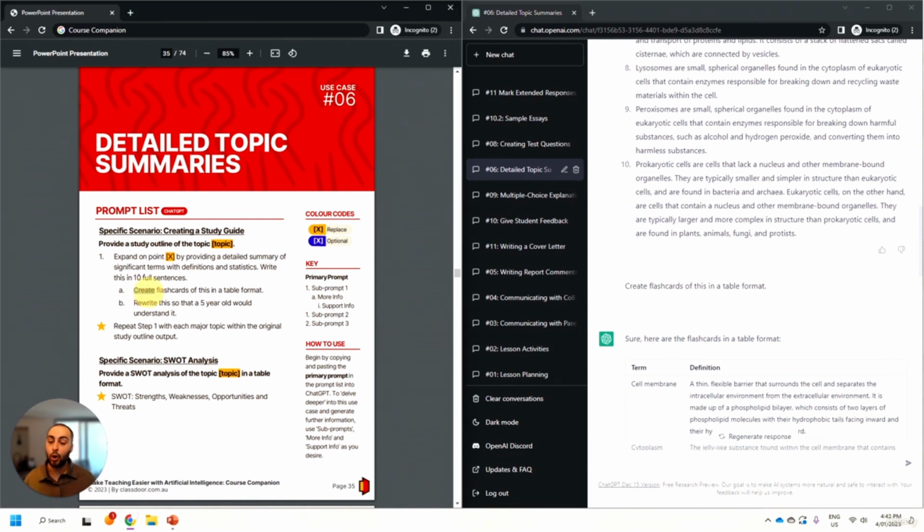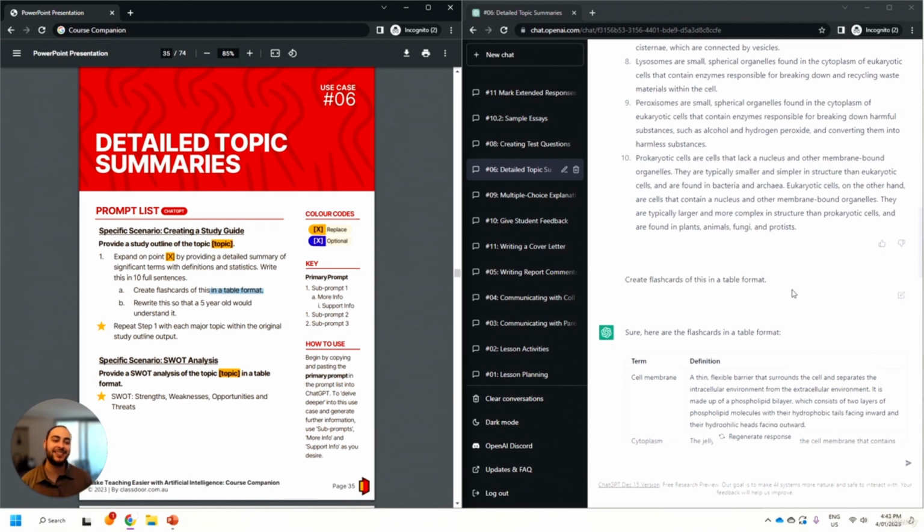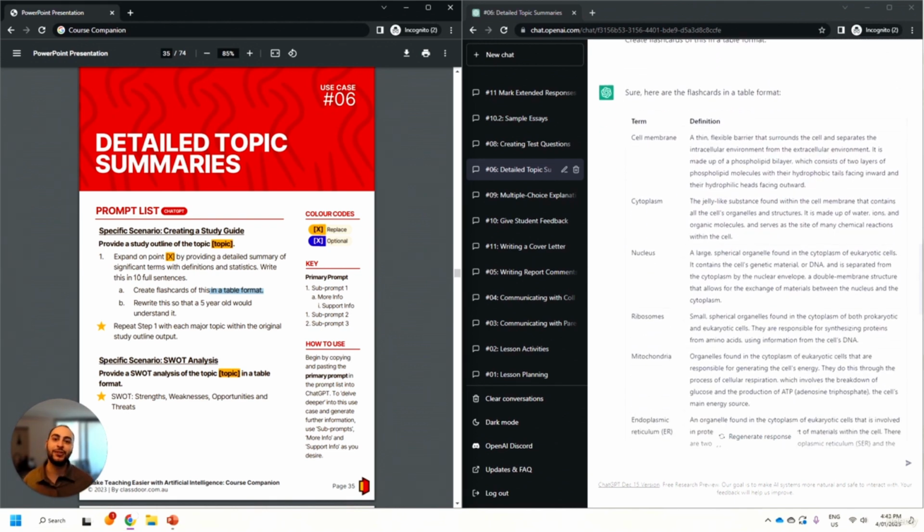Our next more information prompt is a pretty powerful one as well. It's to take all this great information that we've just produced and ask ChatGPT to create flashcards for it. Now you can use this to either make digital online flashcards or even flashcards in person, or have students share and add and contribute to that amongst themselves. But a really powerful statement to put within a prompt is "in a table format," because ChatGPT, as you can see in this sample output here, can produce information in an organized table, which is just awesome to have.